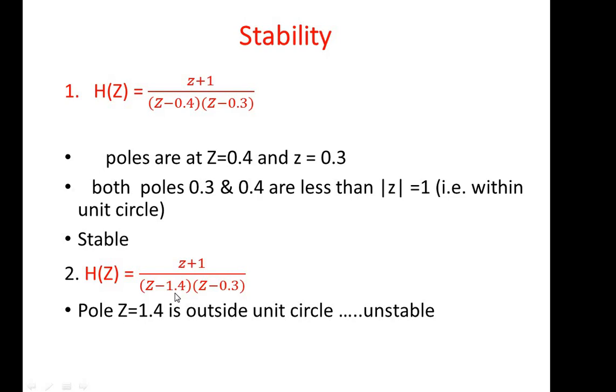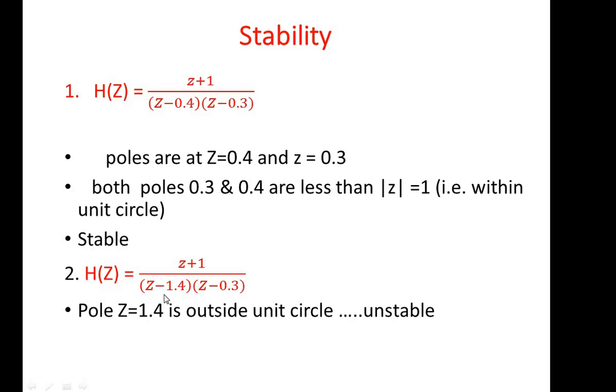If suppose we have the same pole, but the ROC is for an anti-causal sequence, then the condition for this sequence becomes modulus of z less than 1.4. At that time the ROC will start from 1.4 and reach 0. So it contains the unit circle, and at that instant we can say that the system is stable. I think I am clear with the point I am trying to say. Whatever the type, the ROC should contain the unit circle.